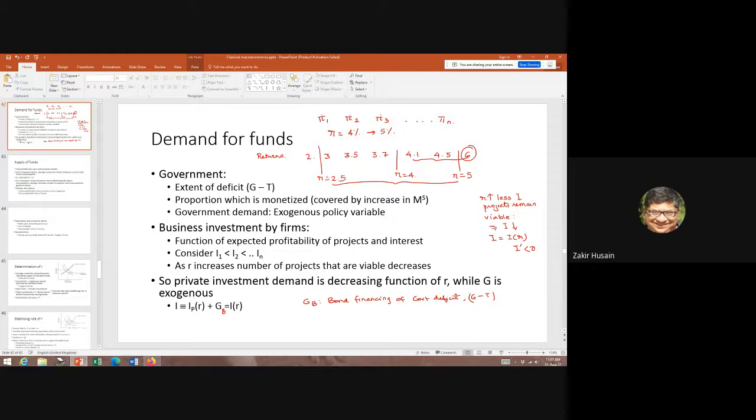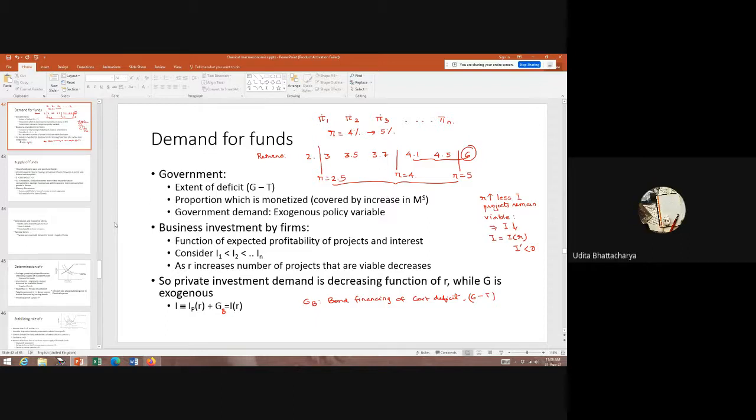So when I'm talking about investment, you have two components. One is the private investment, which is IP and is a function of rate of interest. The other component is part of the deficit, which you are not monetizing. It can be the whole of this amount, it can be zero, or it can be some value. But this is determined by the government based on their own considerations. So, for policy purpose, it is given to us. It is a policy variable. It is not determined by the market conditions. It is determined solely by the government or the policymakers.